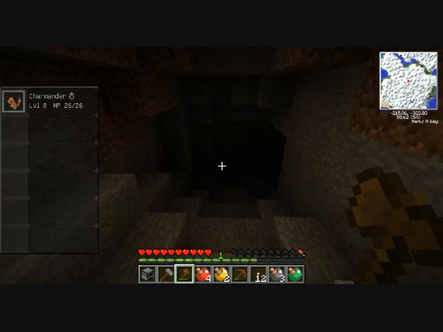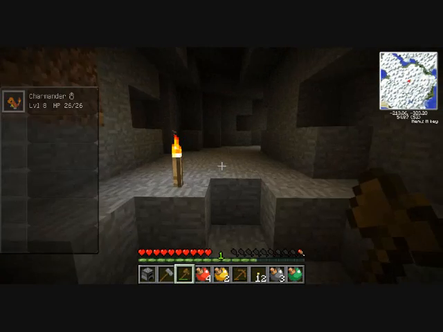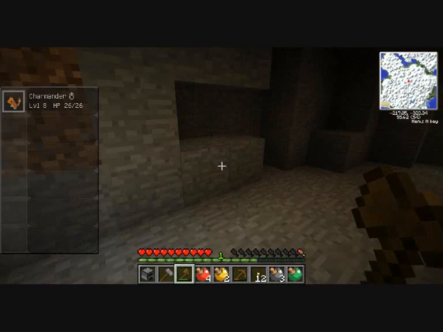Right. So, we're in a cave, there's some iron up there. Looks like there's a little bit more down there. You can make a Pokedex as well. There's lots of things you can make. Lots of different Pokeballs as well. Right, so what I'm going to do...